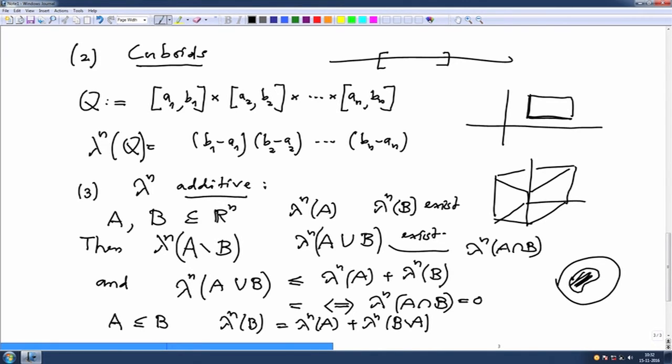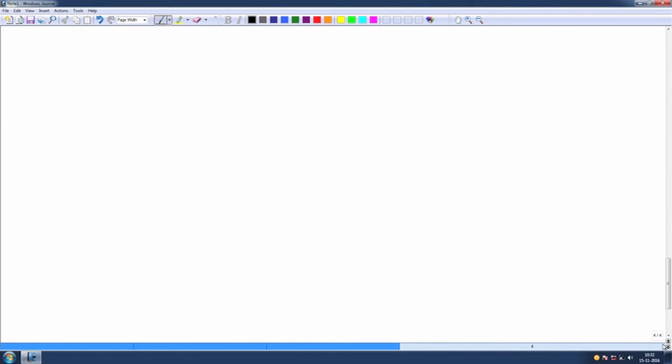The most difficult part is the construction of this volume function lambda n, which is usually done in a first course on measure theory. This is also very, very important when one wants to study probability theory in a much neater way, and without this, many applications in engineering and mathematics will not be precise. Okay. Anyway, the fourth one.